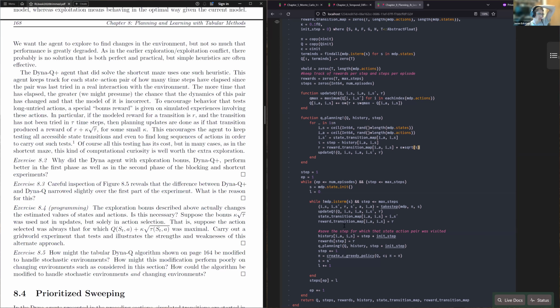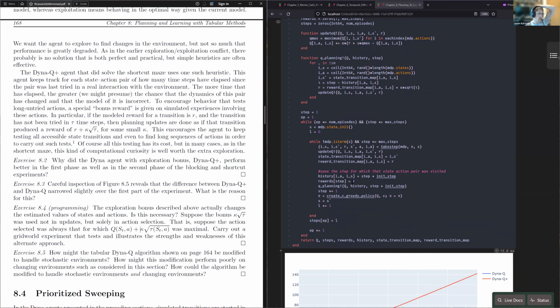But then when it comes to selecting actions, when we update the policy here, instead of doing this epsilon greedy thing with respect to Q, what if we just apply this bonus to the action selection? So we take the argmax of Q and we add a bonus to states that haven't been visited in a long time, right? So that would occur at this part,